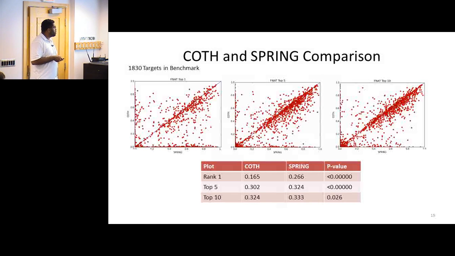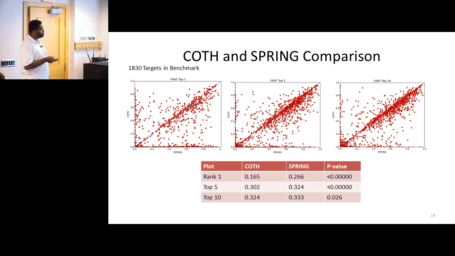So right here is a side-by-side comparison of Koth and Spring, with these being interface contacts going from 0 to 1. Koth and Spring both return a list ranked from 1 to n of templates it believes to be similar to our target complex. What's really important here is you see that Koth and Spring identify templates in one where the other doesn't pick those up.